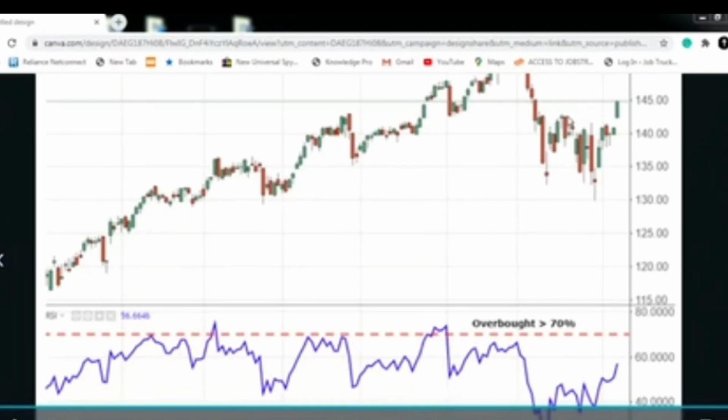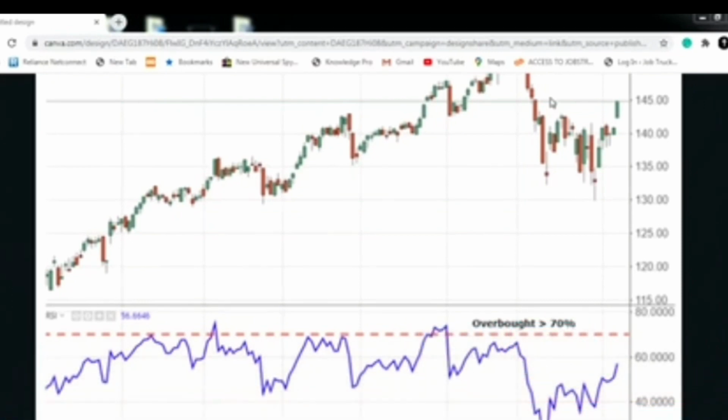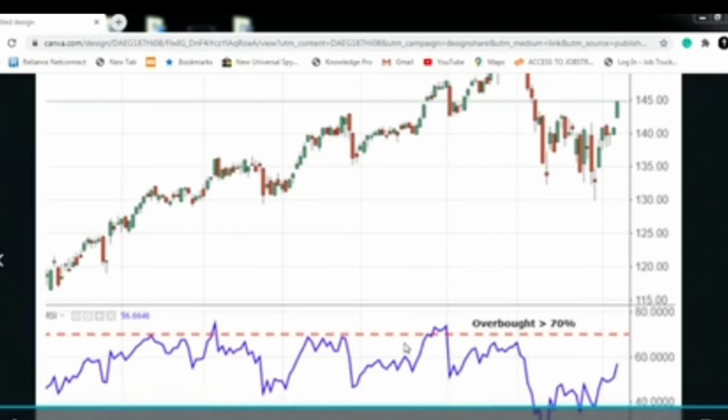Sometimes there will be a situation where an overbought stock will continue to be overbought and an oversold stock will continue to be oversold. So don't take a sudden reaction for the trade range. Okay. If there is a turnaround, you can say that there will be a change in the stock range. Okay. RSI will be changing. But without that, don't take a sudden step for trading purposes. Since oversold people might have closed their position after selling, there will be a turnaround. Always keep an eye on the turnaround.